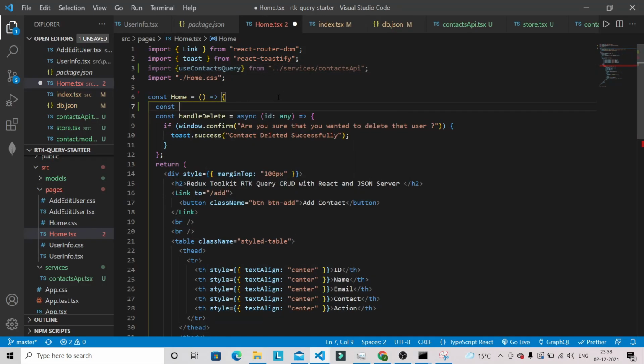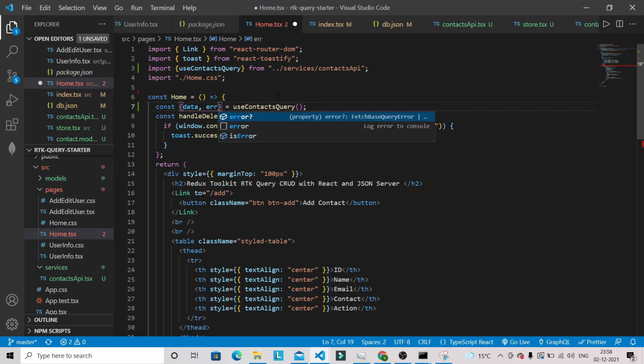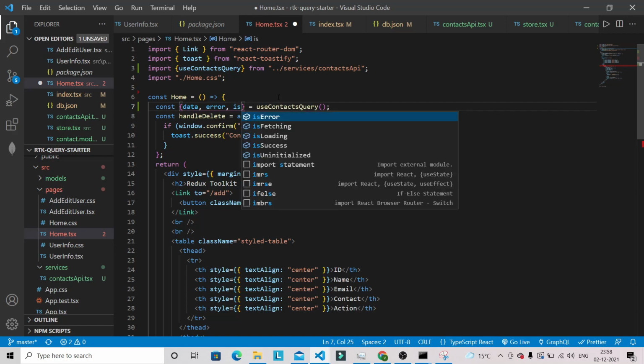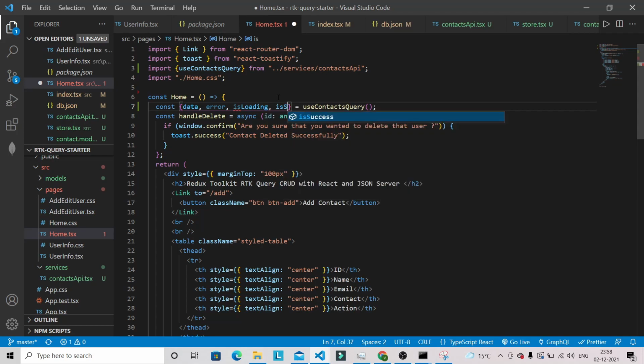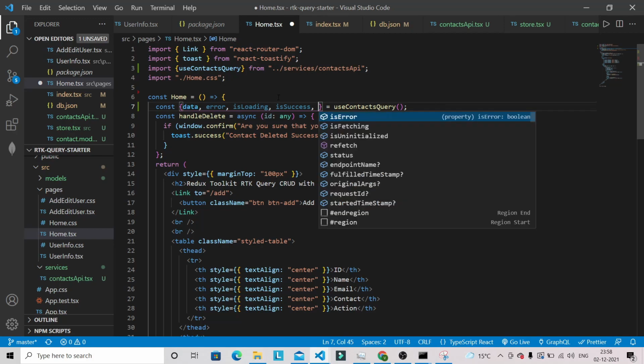And here what we can do, useContactsQuery, and this will give you data, this will give you error, this will give you isLoading, isSuccess. So we are not going to use all the properties, so we will be using a few of them only.